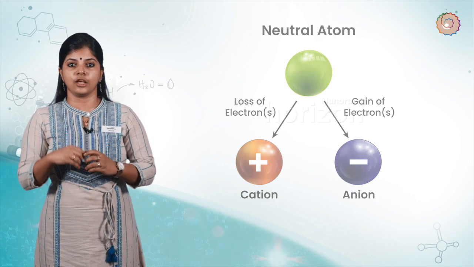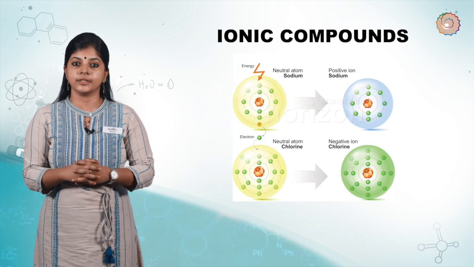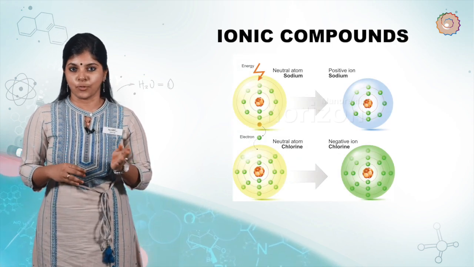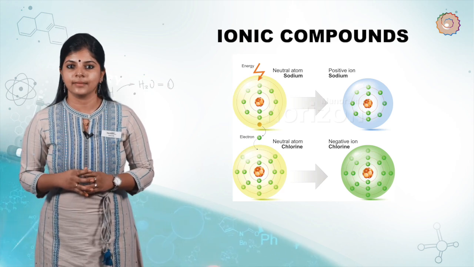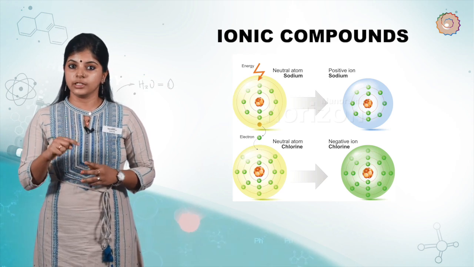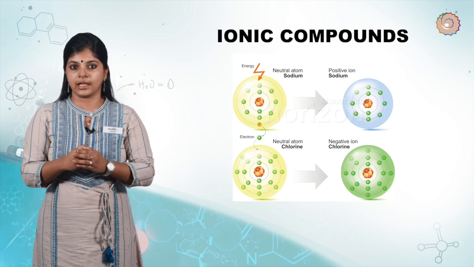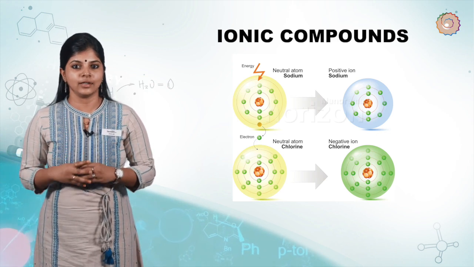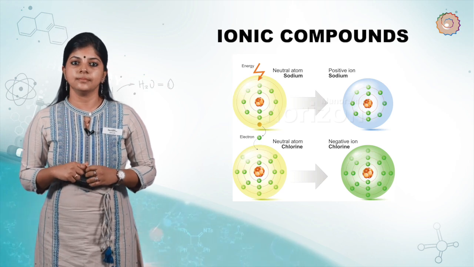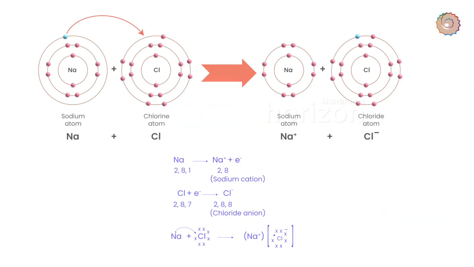to form anions. Let's take an example of the formation of sodium chloride, that is NaCl, which is obtained from the reaction between the metal sodium and the non-metal chlorine. A sodium atom has one electron in its outermost shell. If it loses the electron from its M shell, then its L shell now becomes the outermost shell, and that has a stable octet. The nucleus of this atom still has 11 protons, but the number of electrons has become 10. So, there is a net positive charge giving us a sodium cation, which is Na+.